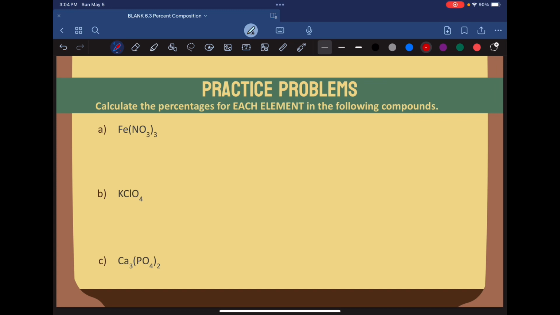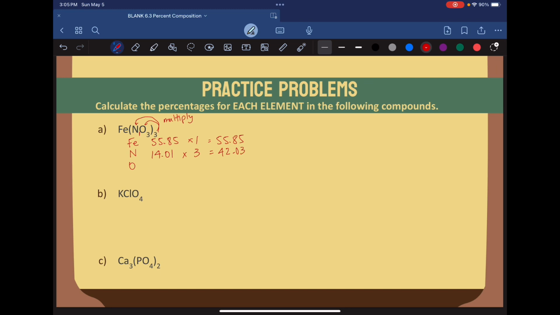Alrighty, so if we're looking at Fe(NO3)3, we have parentheses, and remember, whatever's in the parentheses is affected by what's on the outside, and it's going to multiply, right? And it won't multiply the Fe because it's not inside those parentheses. So, Fe, N, and O. 55.85 times 1, you get 55.85. N, which is nitrogen, is 14.01. There's 1 inside the parentheses times 3, because that's what's on the outside, is 3. So 14.01 times 3 is